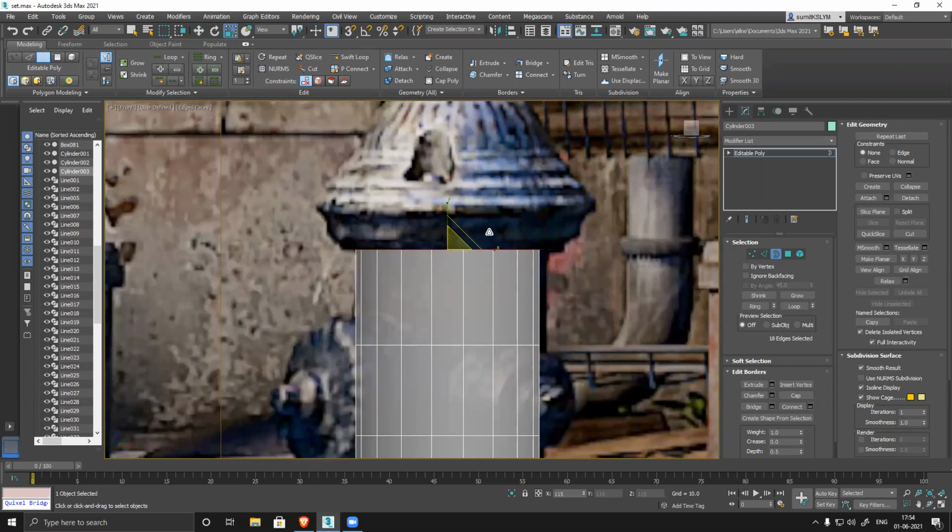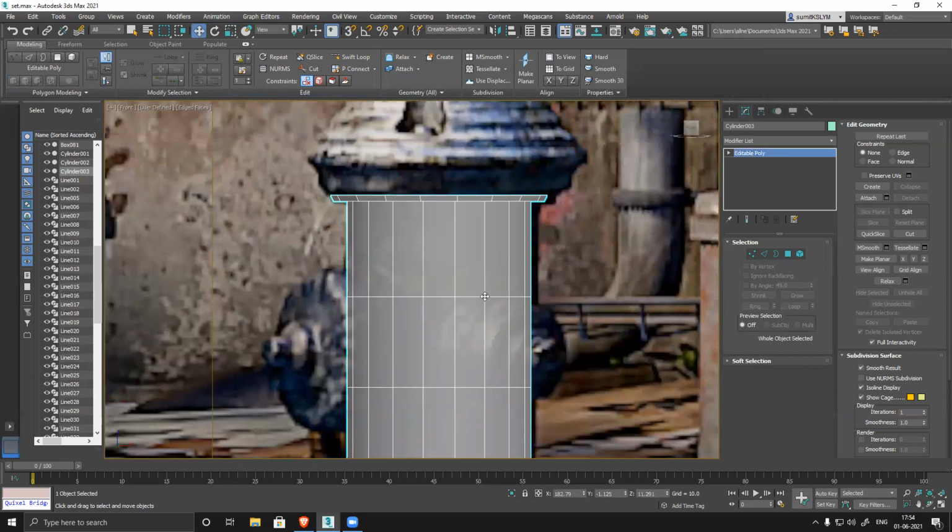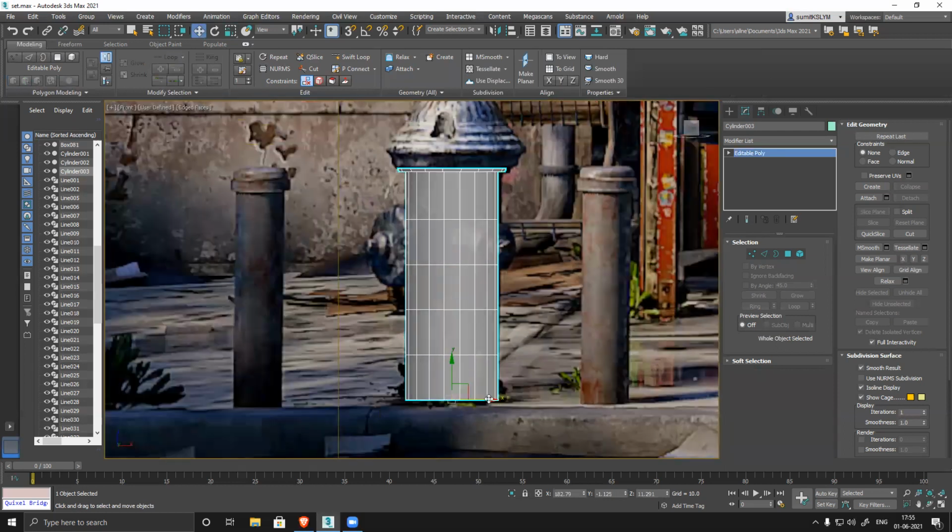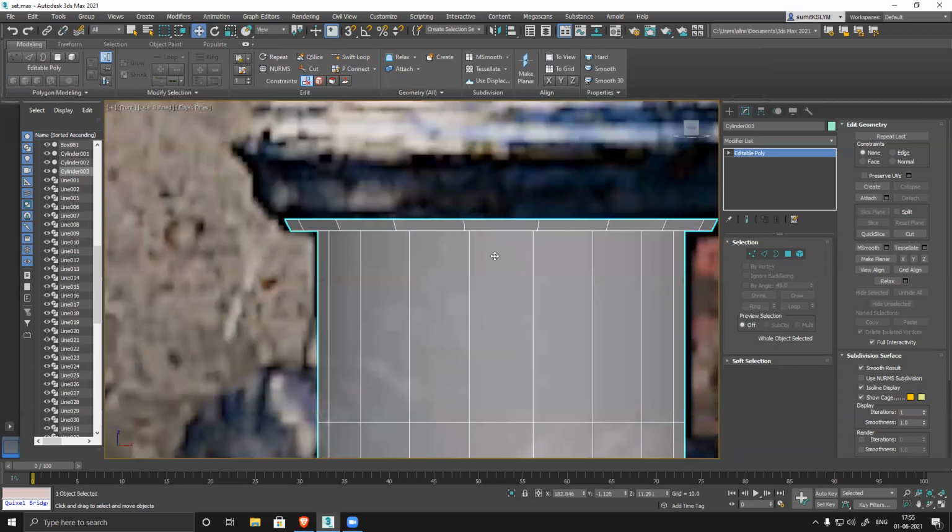Scale. You can see the model is not perfectly in center. Now it's fine, much better.